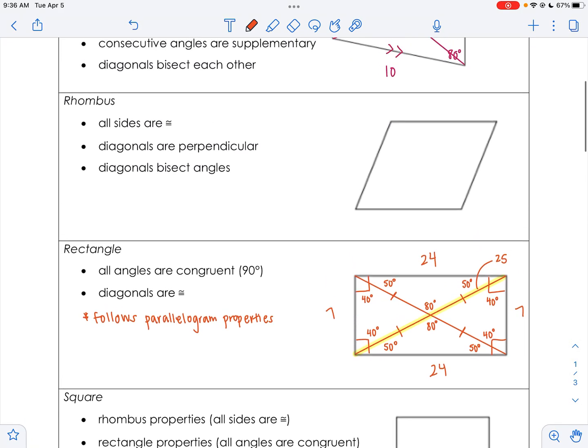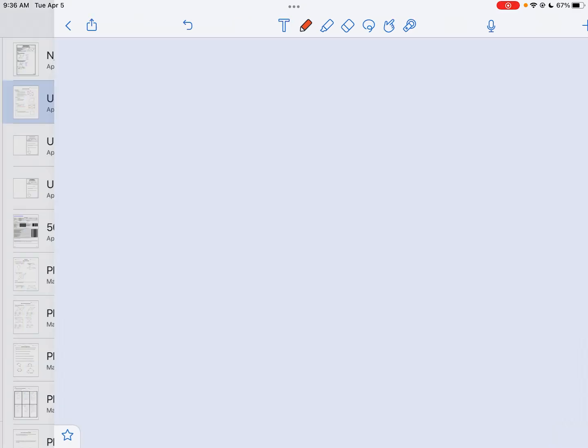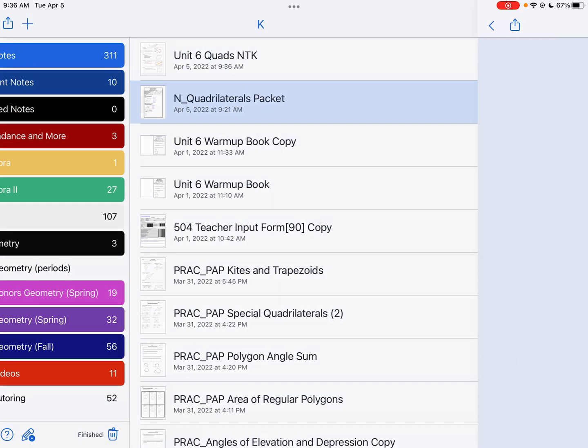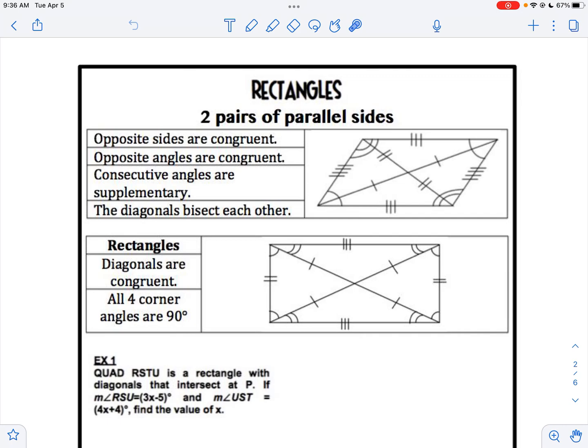So what's kind of nice about these shapes is that they don't have to give you a lot of information, but we can use some prior knowledge to figure everything out. So let's take a look at just some very specific examples and see if we can figure out how to set up these problems. So taking a look at a rectangle, I need to remember that the diagonals are congruent